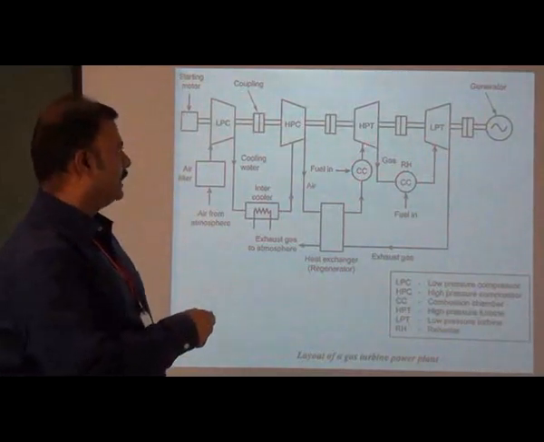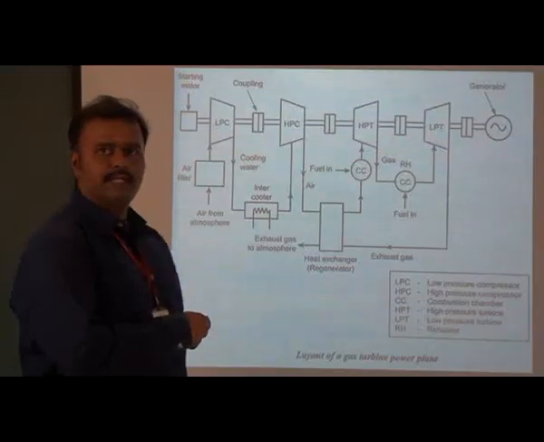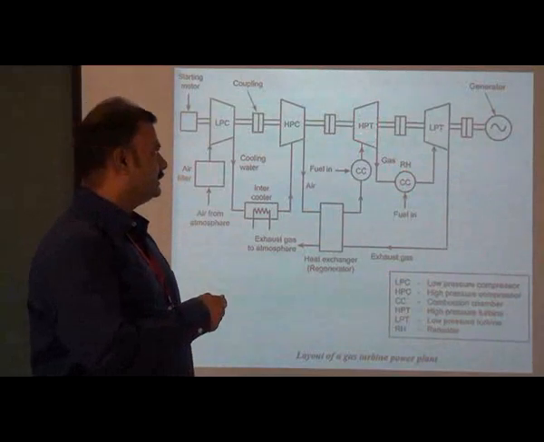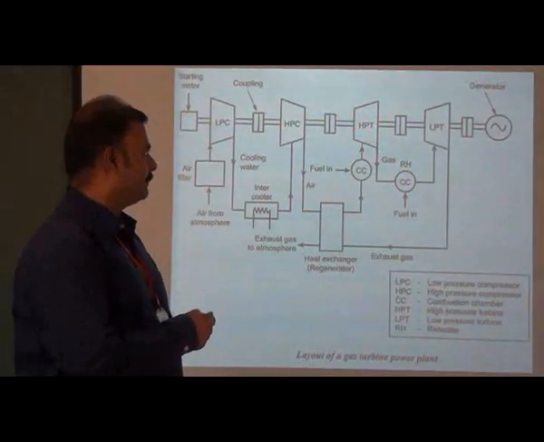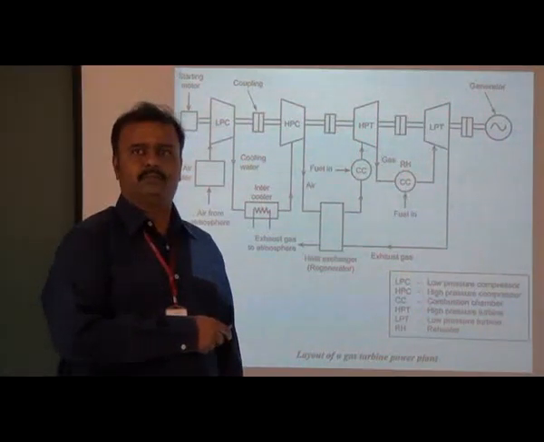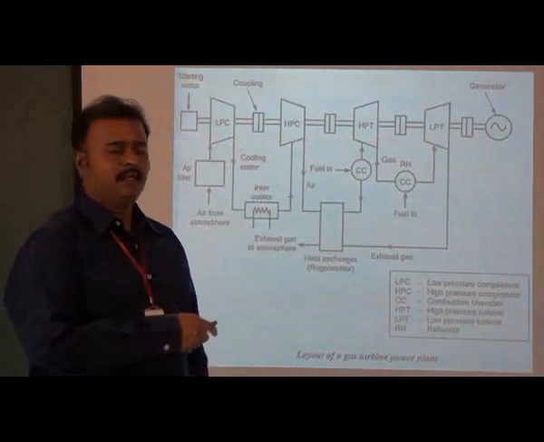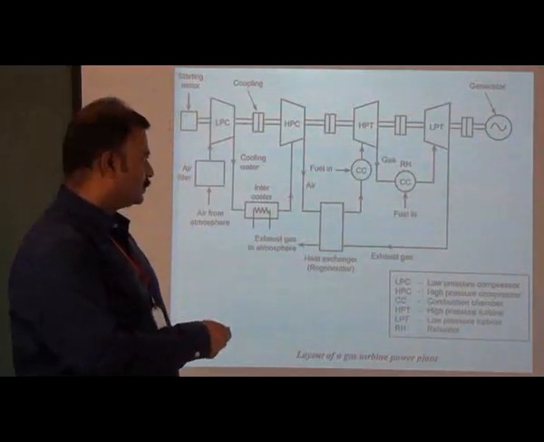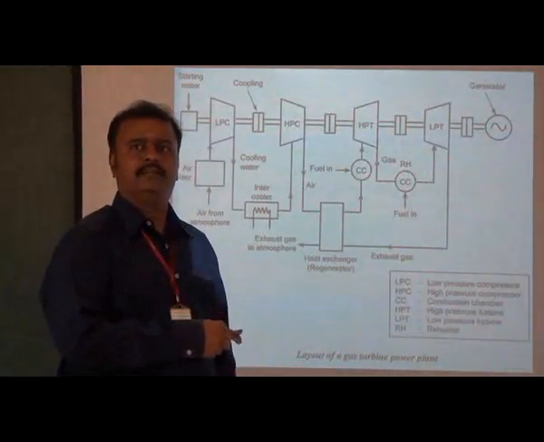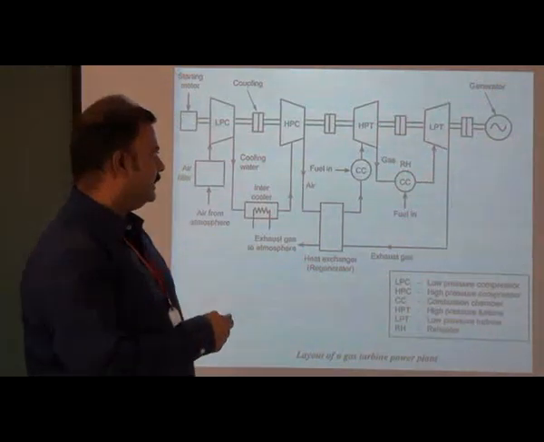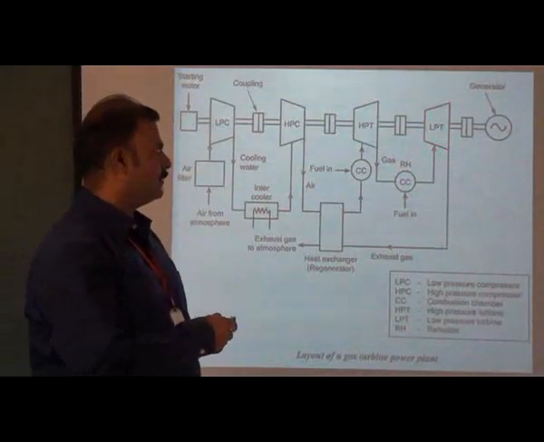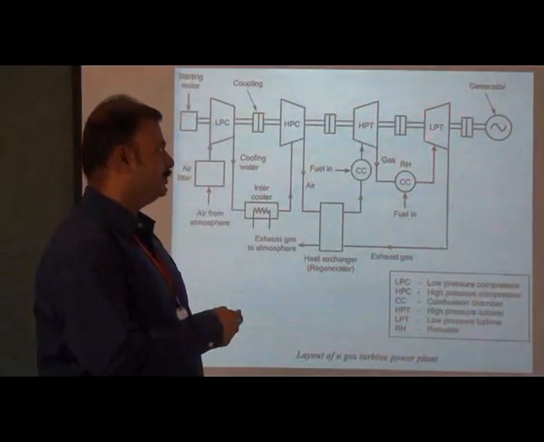And then it is used to run the turbine, because here the kinetic energy of the gas is available, and this kinetic energy is converted into mechanical energy in this high pressure turbine. And again the exhaust coming from the high pressure turbine also has a very huge amount of energy. We want to utilize that. For that, we use something called a reheater. It is an additional combustion chamber located in between the turbine stages. And again it is heated, and then it passes through the low pressure turbine. Here also we want to convert the remaining kinetic energy into mechanical energy.